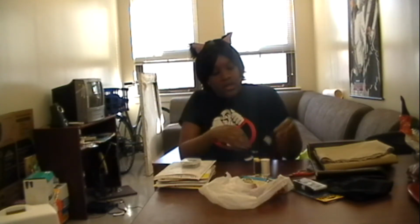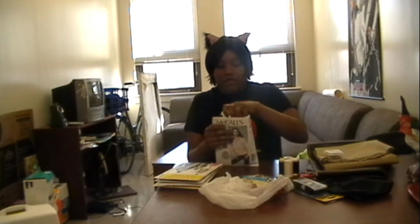So if you wind up buying a giant jumbo spool, as I did, with a lot of thread on it, that's fine. What you do want to do is make sure you're paying attention to how many yards you need for your fabric, for the patterns. And patterns can be very complicated. I'm always banging my head against patterns, and I don't do exact measurements because I want it to fit loosely on me. So most patterns on the flat will have, and I think it's in inches,